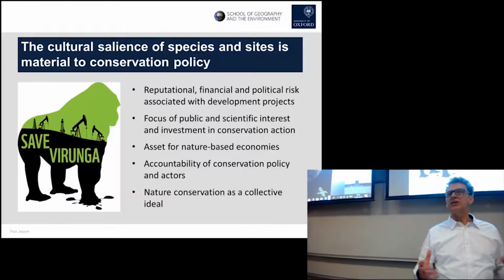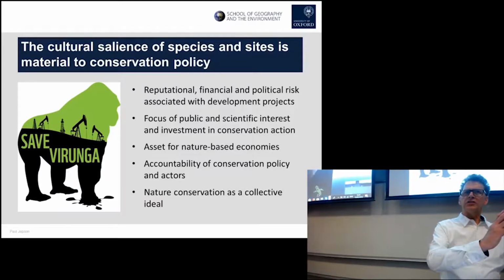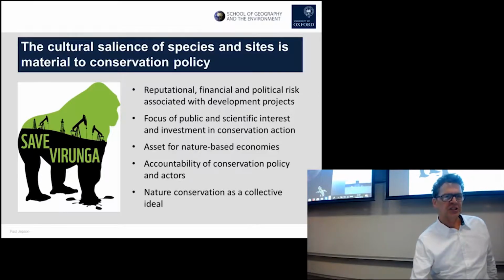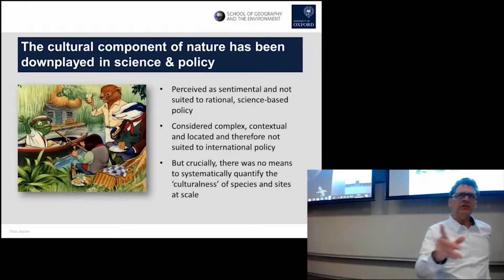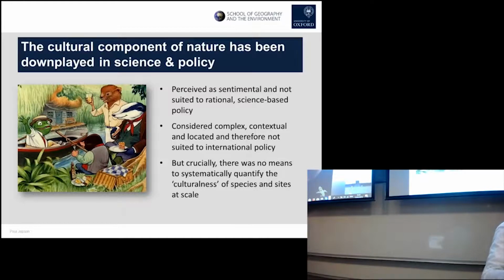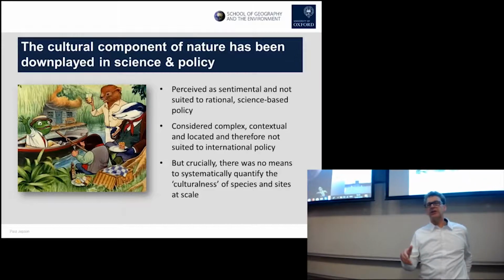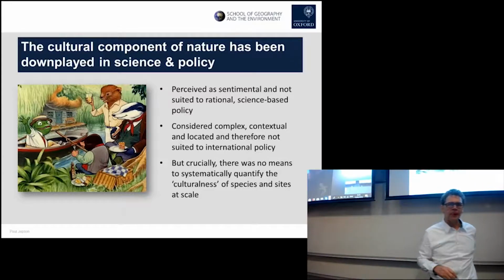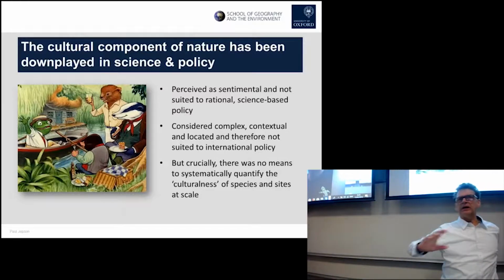So this was a line of our thinking, realising that not only are there cultural species, but actually species with a cultural presence also are material to policy. However, this component hasn't really been, or it's been downplayed in the science of policy, the science of conservation and the policy of conservation. I think there's a number of reasons that, if we look back at history a little